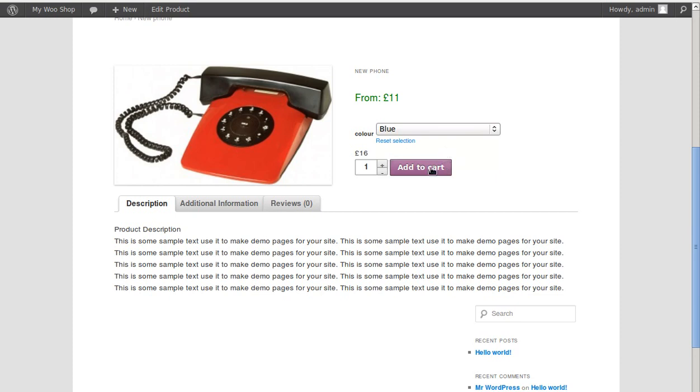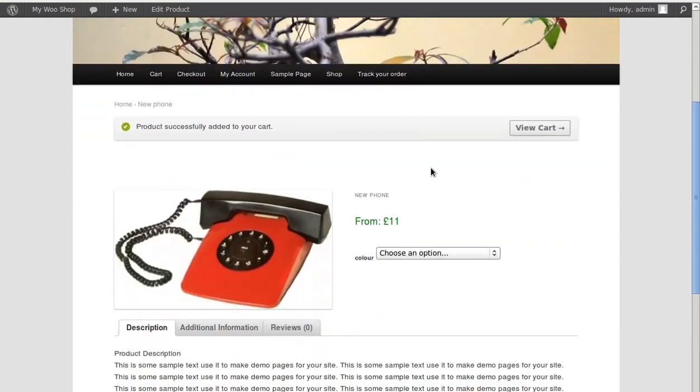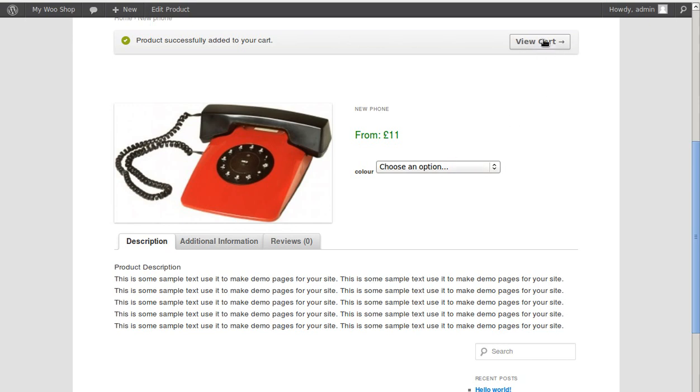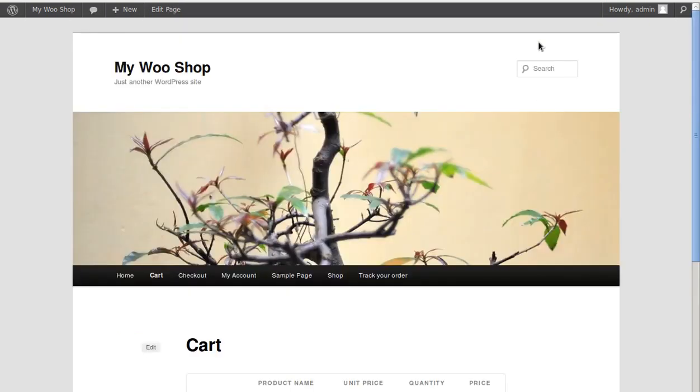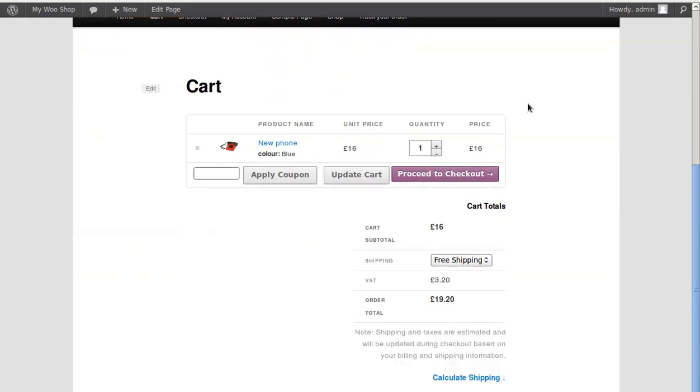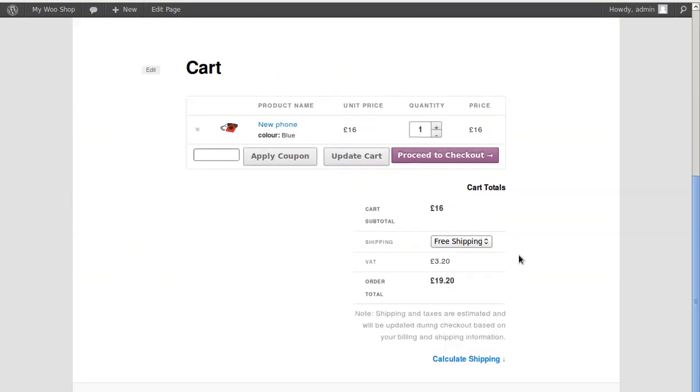So we'll add it to our cart, and then we can view the cart, and then we can proceed to the checkout, or we can choose, we set some shipping options if you remember. Oh, it's added the VAT for us, so we know the VAT is on. We set some shipping options. So if we added, say, gift wrap, it'll change the price. If we have free shipping, it'll take away the price. So let's choose that, then we'll proceed to checkout,